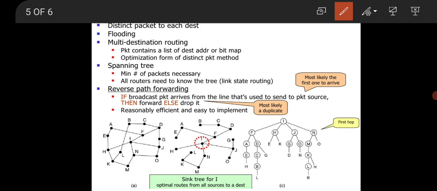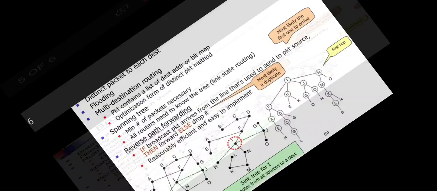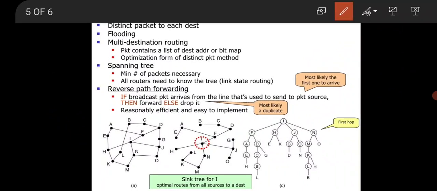The router generates a new copy of the packet for each output line to be used, and includes in each packet only those destinations which are supposed to use that line.